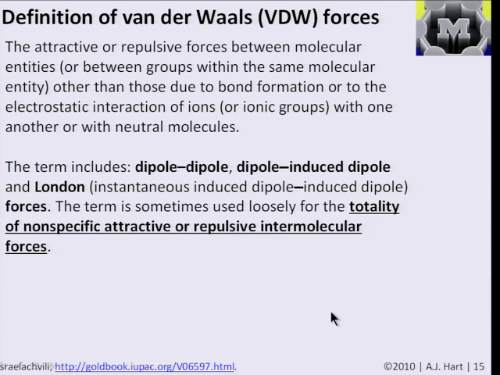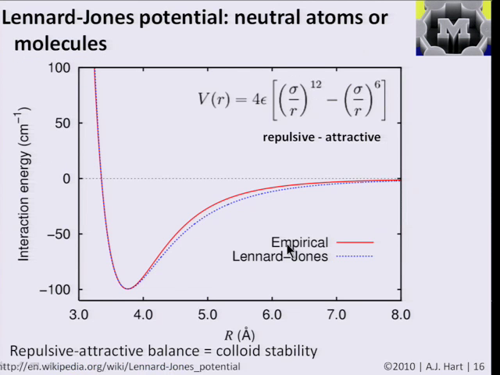So in terms of a formal definition by IUPAC, the International Union of Pure and Applied Chemistry, it's the totality of non-specific attractive or repulsive intermolecular forces. And what's typically used to mathematically work with the van der Waals forces is what's called the Lennard-Jones potential, named for Lennard-Jones, the guy who first proposed it. It's a curve that looks like the one we've seen already and has that original formula proposed by me,